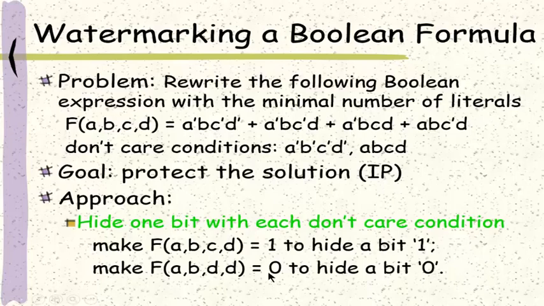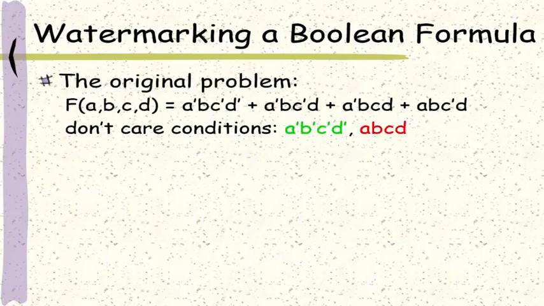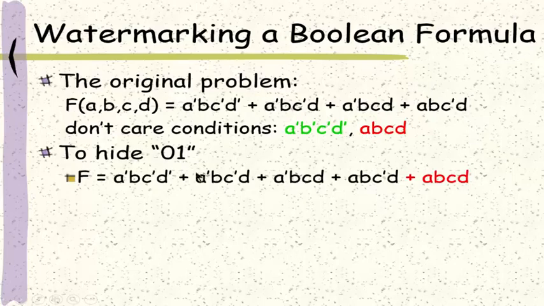condition. For example, to hide the message 01, we make the formula 0 on the first don't care condition, and on the second don't care condition, the formula will be evaluated at 1. And thus, the formula becomes this new form, which has one additional term, A, B, C, D, corresponding to the second don't care condition. And we can find the optimal solution in this case, which is F becomes A prime, B,